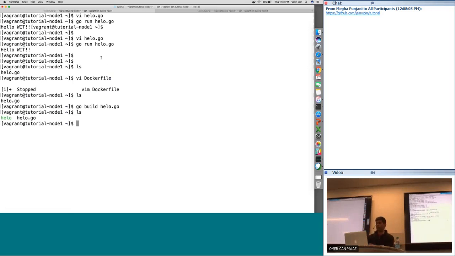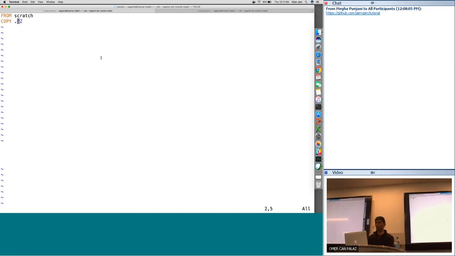So I have a hello binary. If I run hello binary, then this is the same binary that we created. So what I'm going to do is copy the binary into slash in this new container that I'm creating, and I'm going to run this binary inside a container. So that could be, for example, a very simple, smallest container that I could think of, let's say.